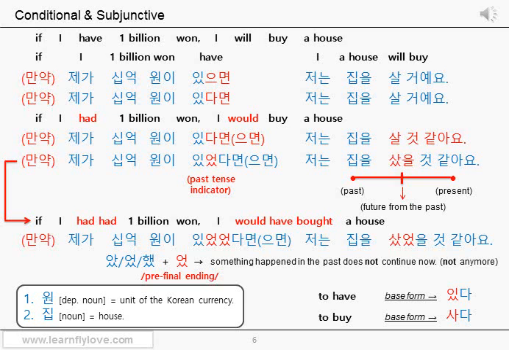Let's see the second part too. 저는 집을 샀었을 것 같아요. Let's see the 샀었을 것 같아요 part more closely. The pre-final ending is used here again. The same thing applies here too. The extra meaning not anymore with the pre-final ending is not actually required here. Because the meaning you might have bought the house in the past is enough.